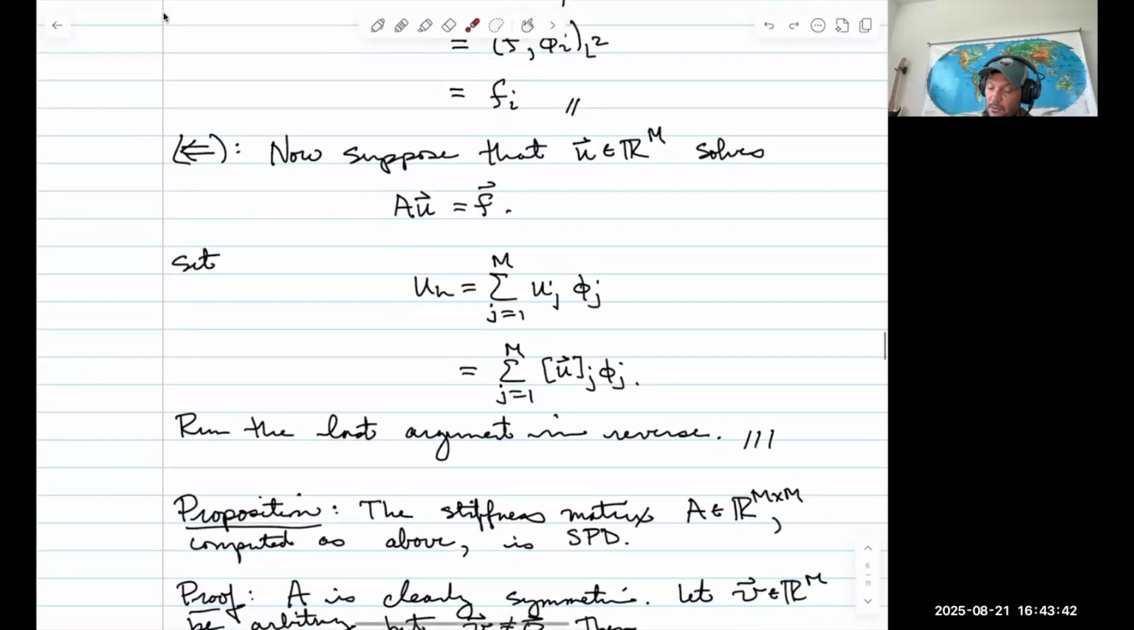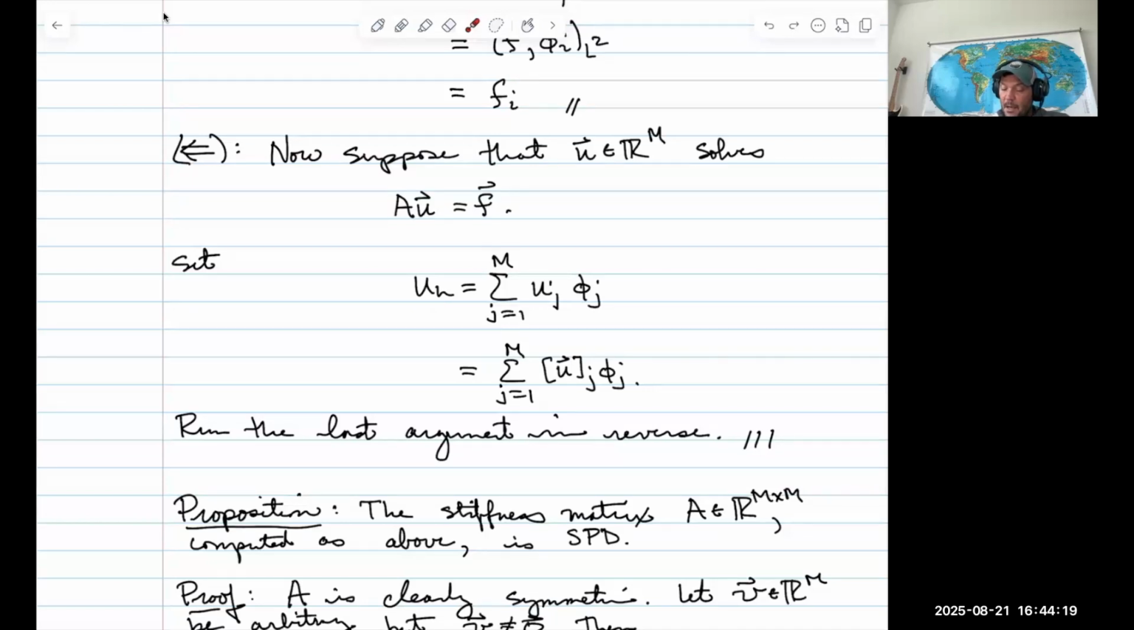Now let's suppose that u in Rm solves the matrix problem. We're not saying whether the solution exists or not yet. We're just going to suppose that a solution exists. Then we're going to show that that solution has to satisfy the Galerkin approximation. Here's how we're going to do it. So u is a vector. If that solution exists, then it's a vector with m components. We're going to use those m components to construct a function, which we're going to conveniently call